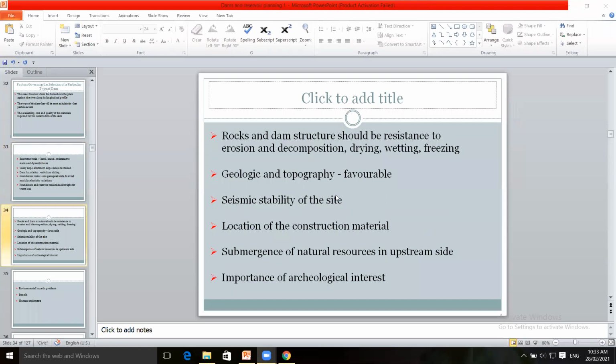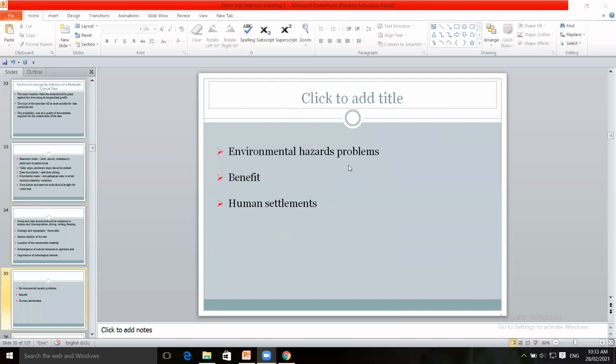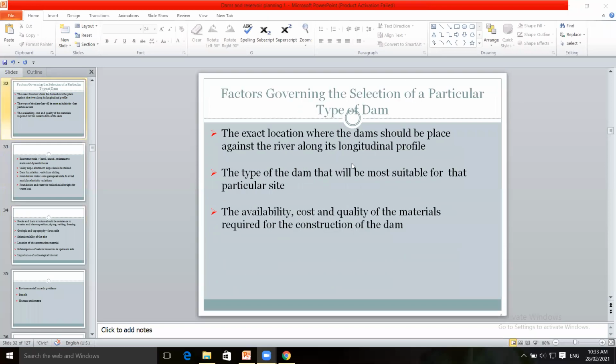Let's study the types of dams, whether to take gravity dam, earthen dam, arch dam, buttress dam, or composite dam. If there is any deficiency in these factors, the type of dam will vary. Storage dam, diversion dam, detention dam, whether the spillway is required or not, location of spillway, other structures, the type of structure to be decided. These are all based on these various factors. Then only the type of dam is selected.